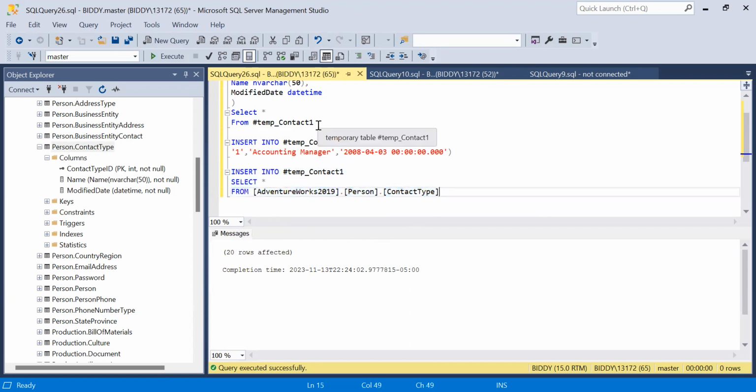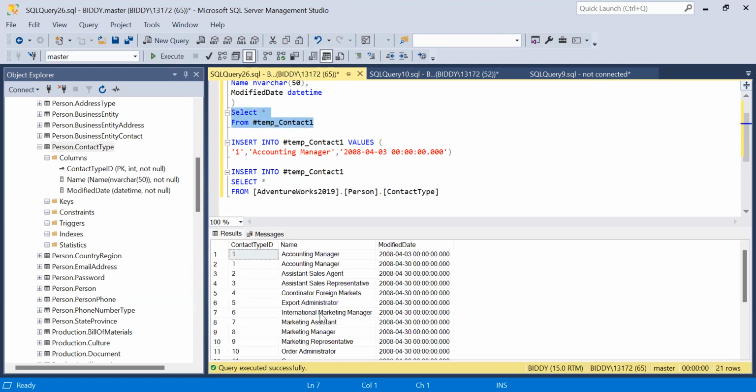So let's go back to our select clause from the temp underscore contact 1. So this is the thing. Each time you insert a value into your temp table, you have to come here and run it using the select all from the temp table to know if the 20 rows were populated. So let's give it a run. So now we have 21 records. So the 21 records is the addition of the pre-populated value, which is this, and the additional 20 records that